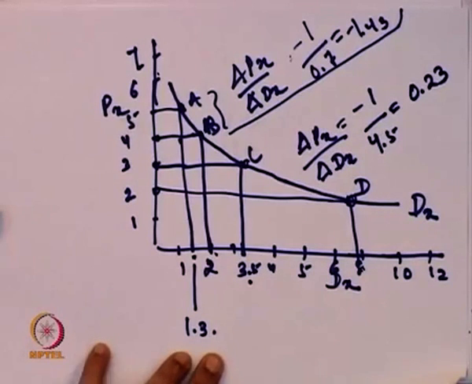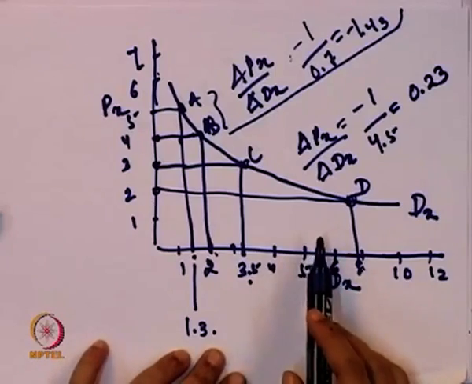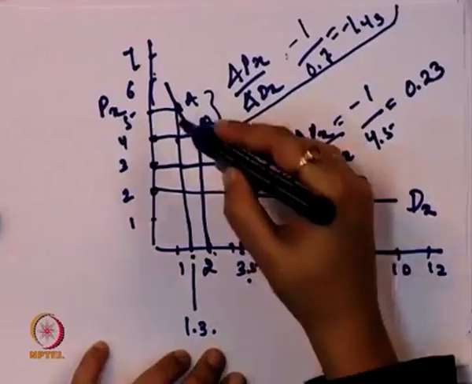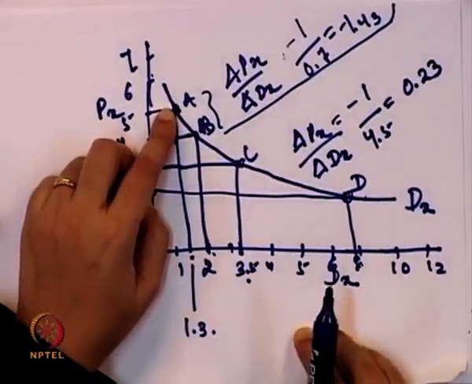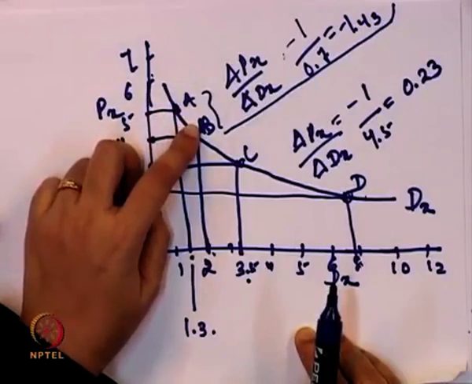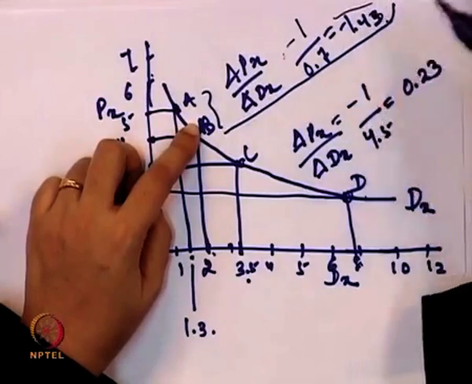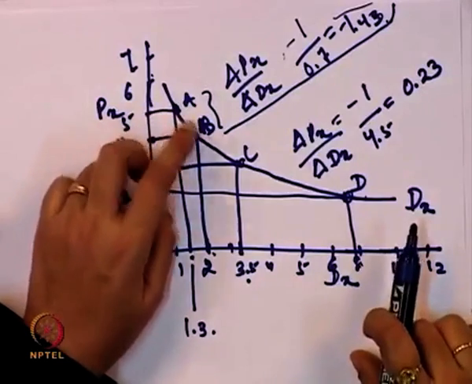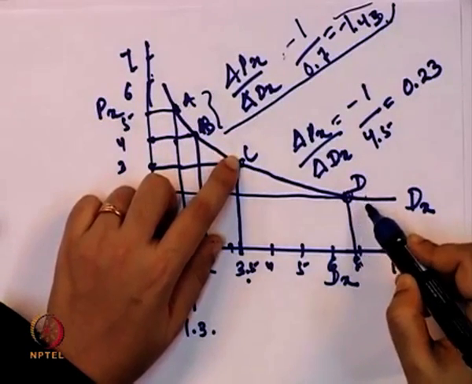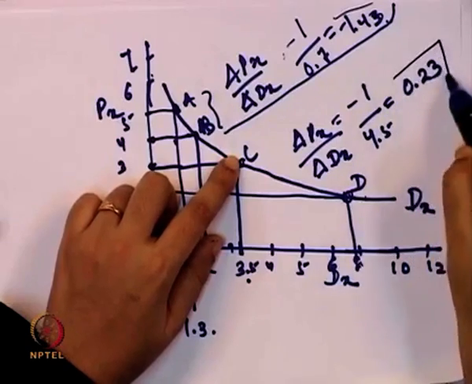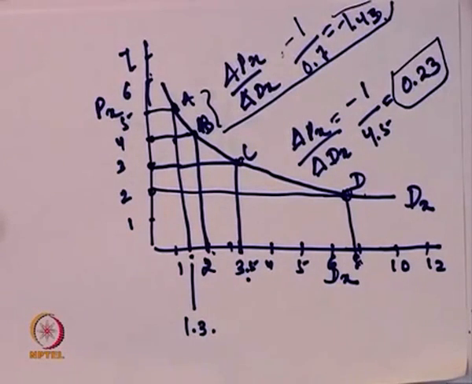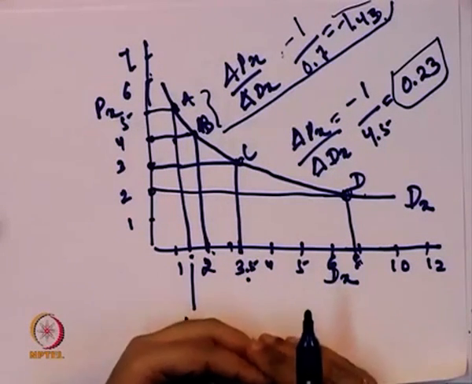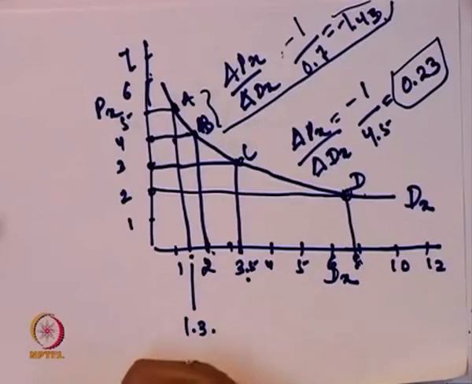So, if you look at a nonlinear demand curve, the value of the slope changes, or the value of slope is not constant at all points of the demand curve. When we calculated the slope between point A and point B, we got a figure of 1.43, and when we calculated the slope between point C and point D, the value of the slope is 0.3. So, we can say that the slope of the nonlinear demand curve is different between the different points.